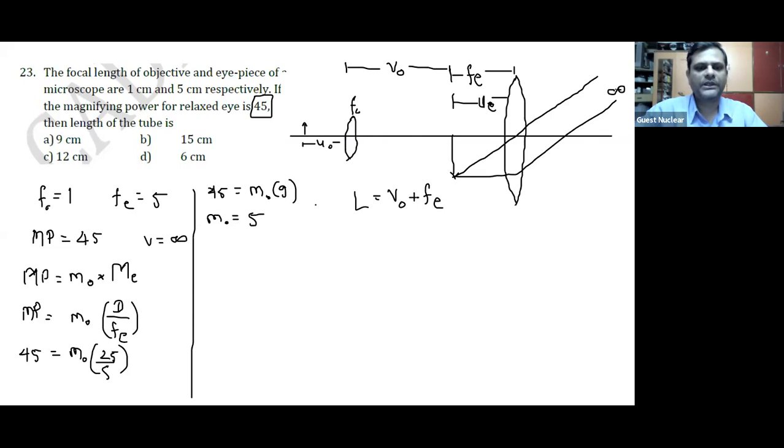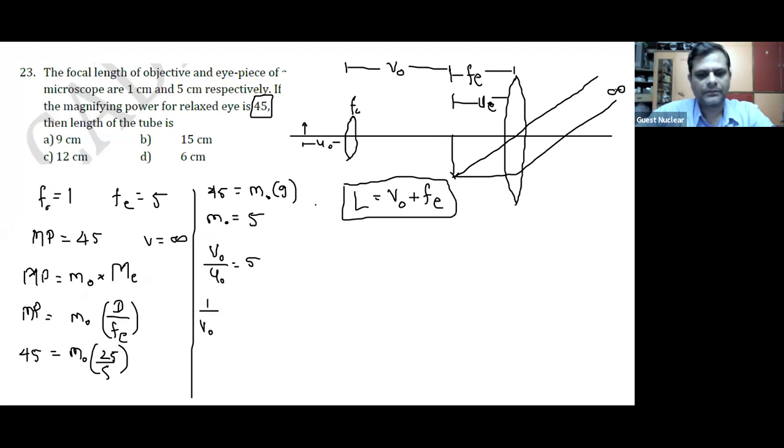So अगर MO मिल गया और FO भी हमको पता है, but UO पता नहीं है here. So it will be 1 upon VO minus 1 upon UO is equal to 1 upon FO, where